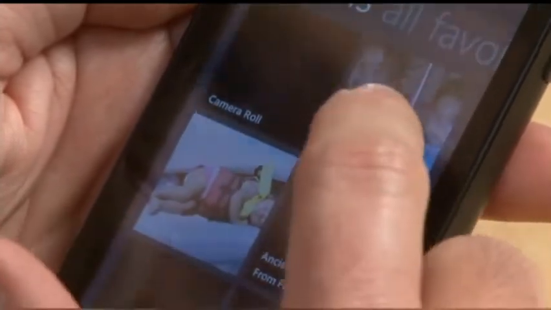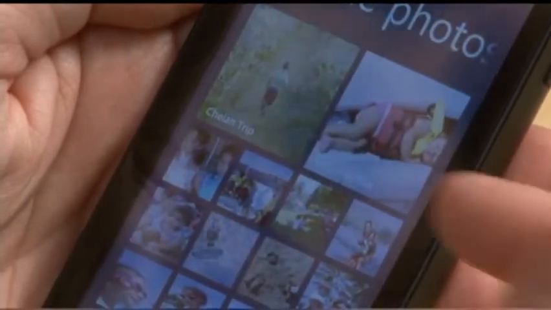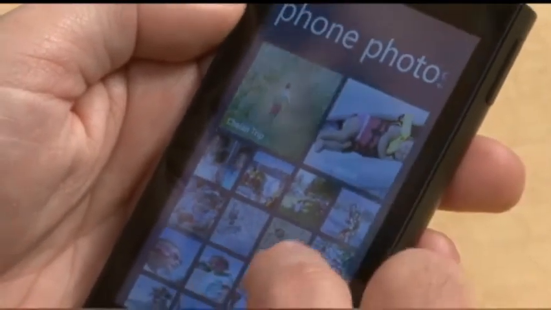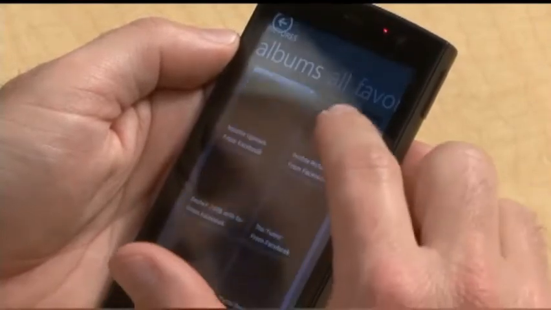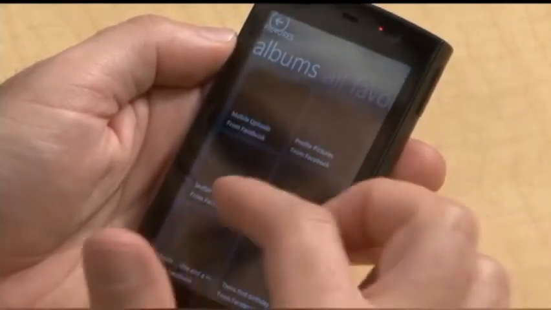These are photos that I synced from my PC. In fact, this is a folder hierarchy. So when I jump in, you'll see there's a folder of pictures called Chelan Trip. Here's a folder of pictures called Kids in Action, and a bunch of pictures that are in this folder right here. Those photos synced from my PC using the Zune software that syncs photos and music exactly the way it syncs Zunes today. But the other thing we do down here, and we're not quite finished polishing this up yet,